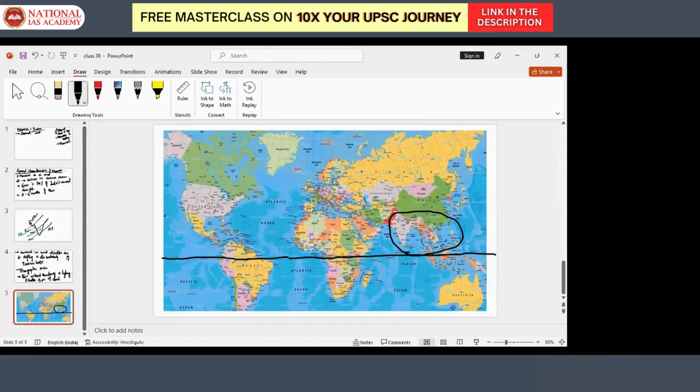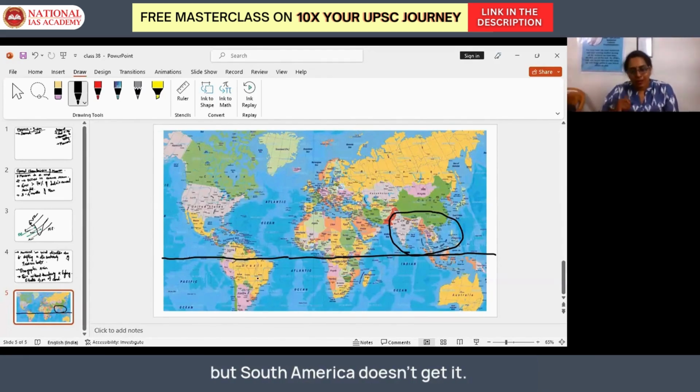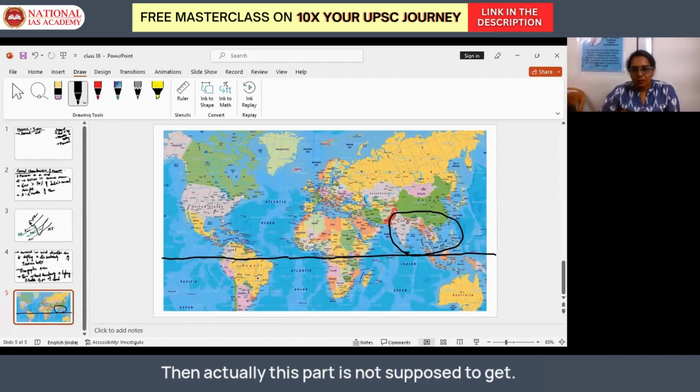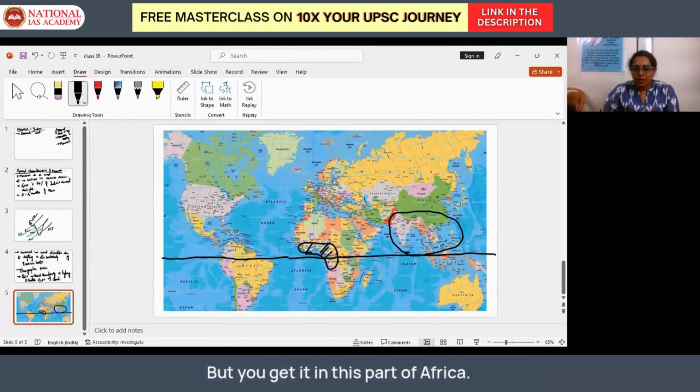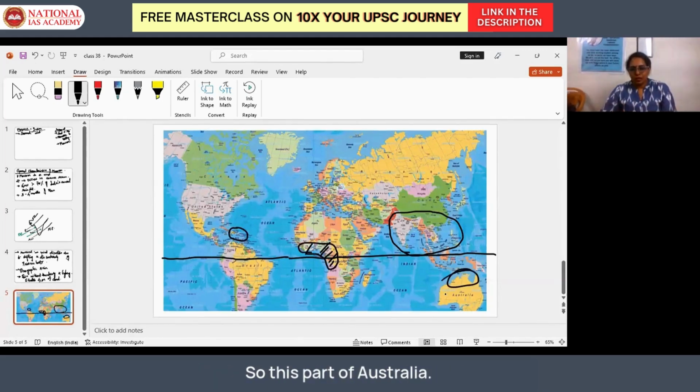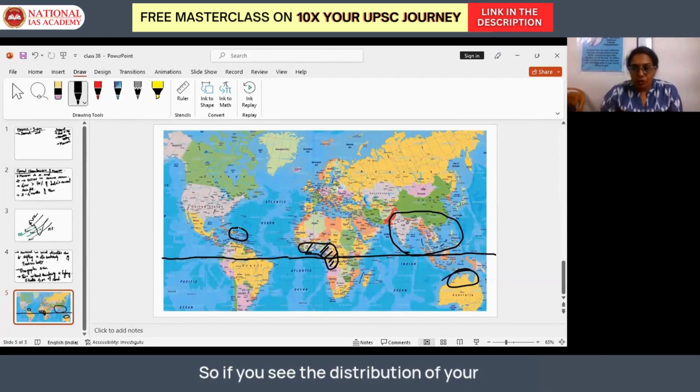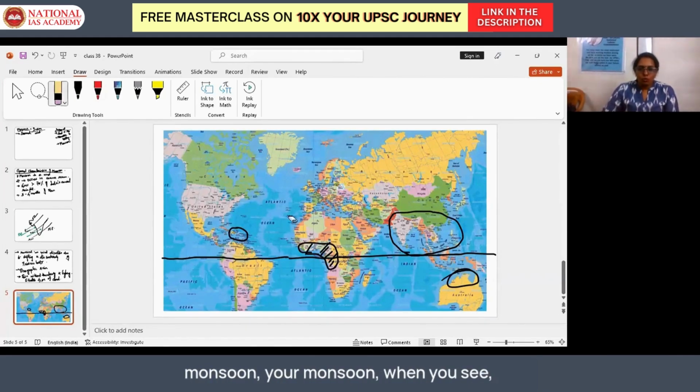South America. South America is supposed to get, but South America doesn't get it. Okay, then. Actually, this part is not supposed to get, but you get it in this part of Africa. You get it in some parts of Caribbean. And in South, you get it in Australia. So this part of Australia. So if you see the distribution of your monsoon,